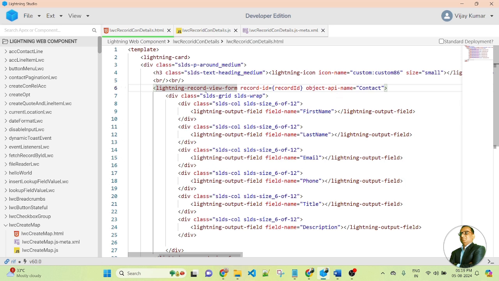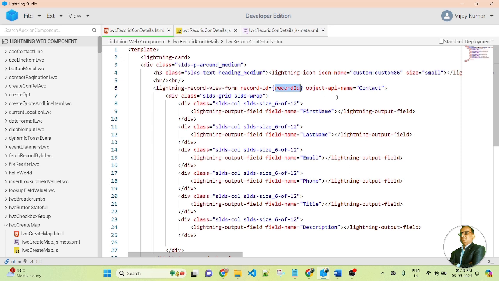Based on this Lightning Record View Form, I will get the current record ID. If you use the Lightning Record View Form, some attribute properties are mandatory: the record ID and the object API name. That means which object's record you want to display, and the record ID.